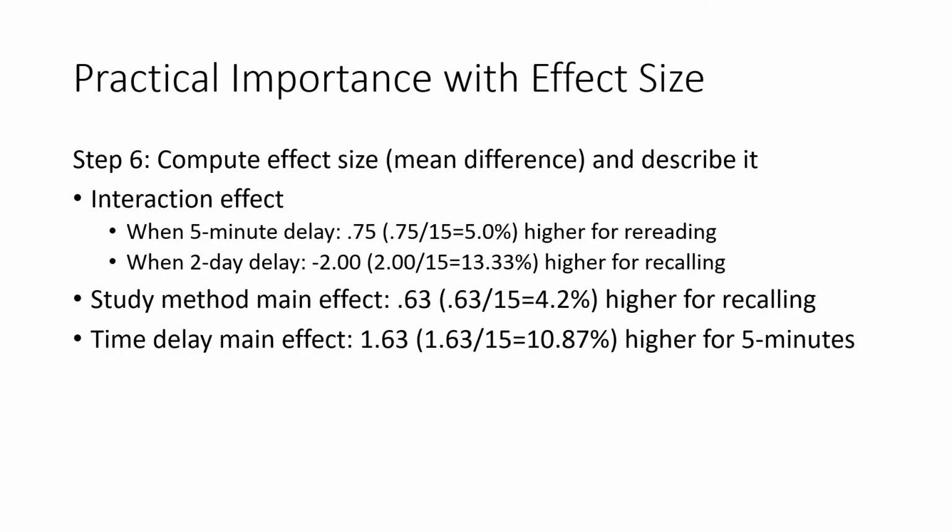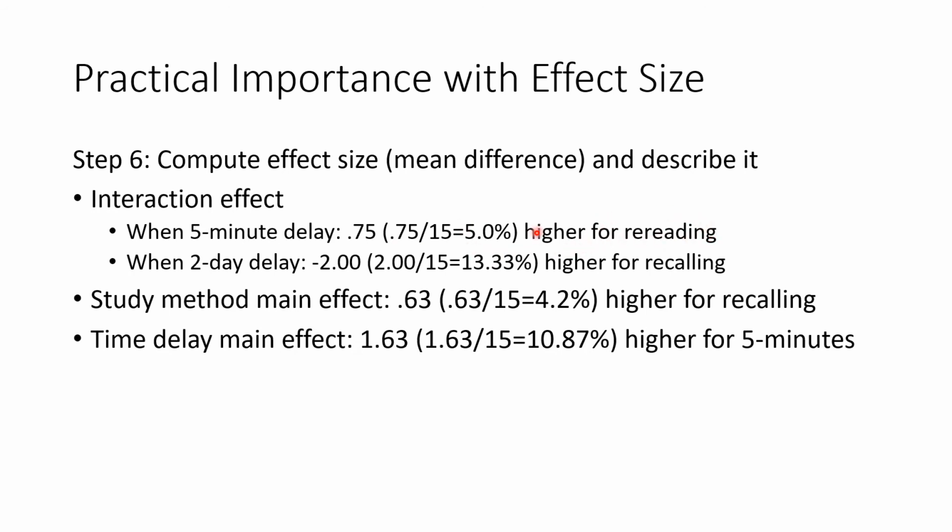You can also talk about the effect size by interpreting the mean differences. If you're talking about the interaction, you would be talking about basically just the simple effects, interpreting the size of the simple effects. You can also sometimes convert them to a percentage. In this case, that's easy to do because they took a test that was out of 15. So you just take the simple effect and divide it by the number of correct answers that were possible to get a percentage. So when the time delay was 5 minutes, it led to about a 5% better performance for